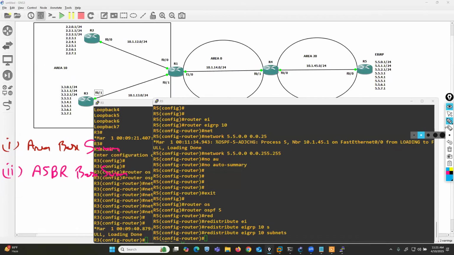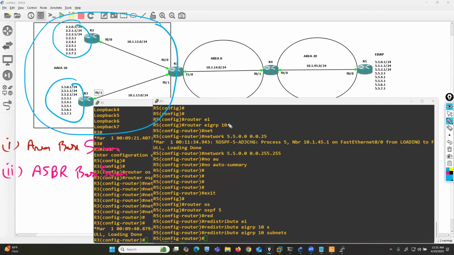Now into this area, for example area 10, I want to send summary routes of R2 and summary routes of R3 to any other area. So what you can do, you can go with area-based summarization. And in area-based summarization, you can find the area border router in this area 10,